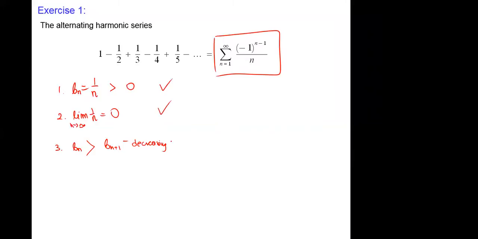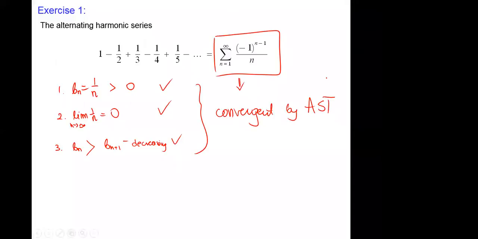Decreasing. Check, check, check. Then I can conclude that this is convergent. This infinite series is convergent by alternating series test. Okay, that's pretty much straightforward, but we have to remember to check this. Sometimes students are asking me